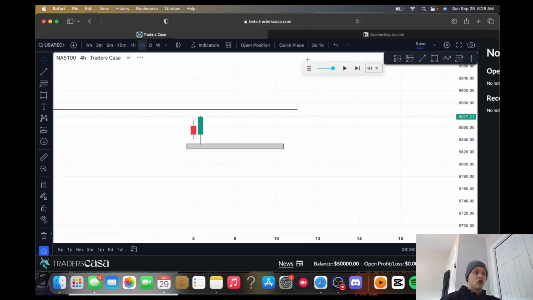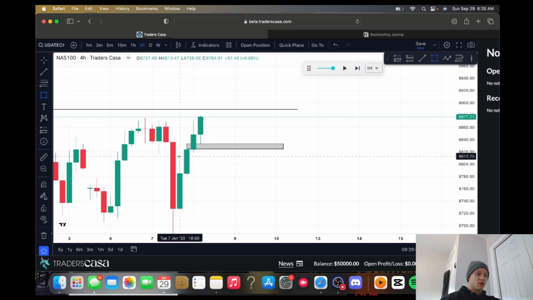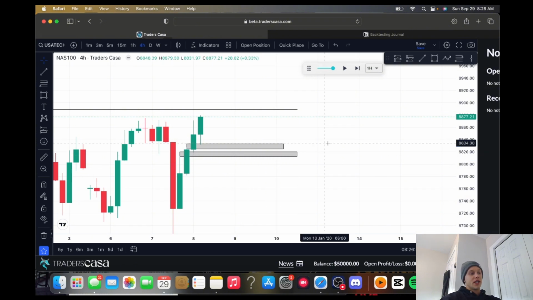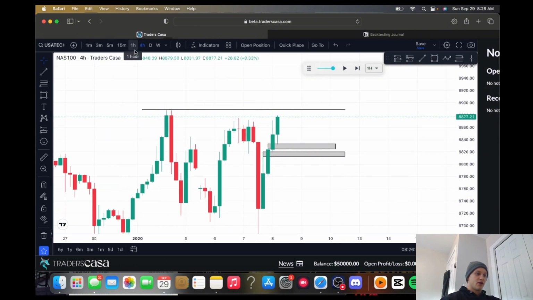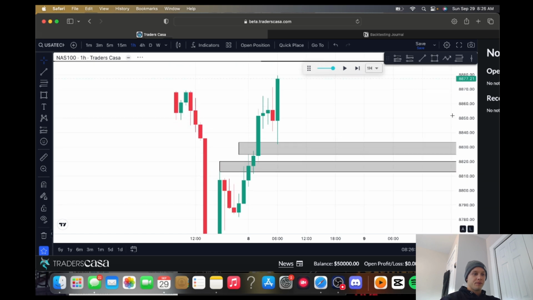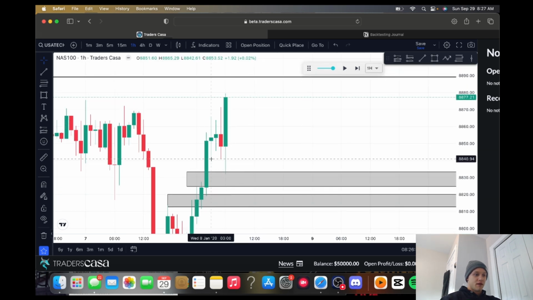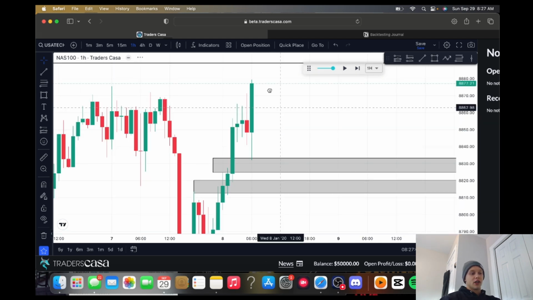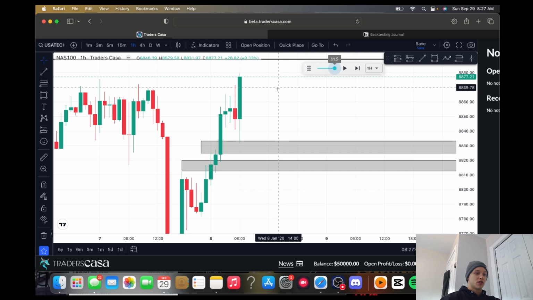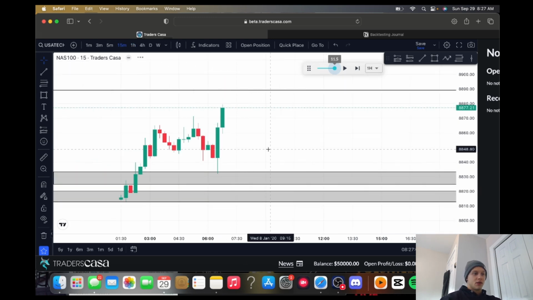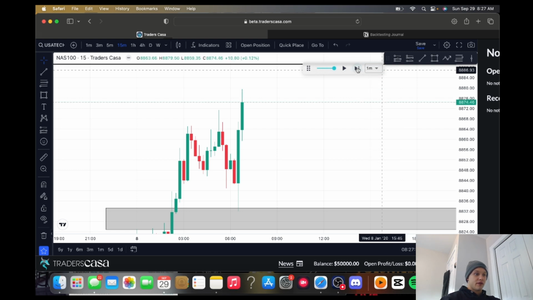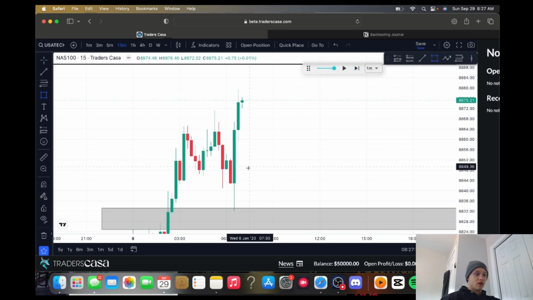So I have 2 thought processes. Number 1 would be we trade down to one of these 4-hour fair value gaps, respect it, and then trade to the equal highs. Or we take the equal highs and then we trade down to these 4 hours. So either way, I want to see these 4 hours get hit one way or another. You can see we're respecting this 1-hour fair value gap here, taking out all these highs. So I have a good feeling most likely we're going to be looking for shorts, to be honest, before these highs get taken. Let's see if the 15-minute opens, because I also am open to trading that as well, because we've seen lots of that.